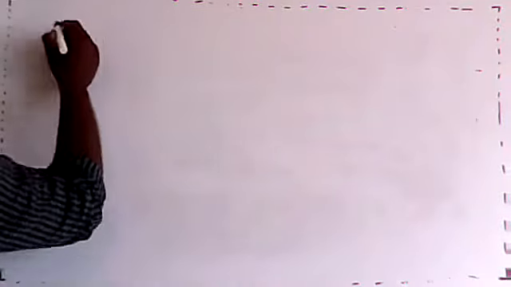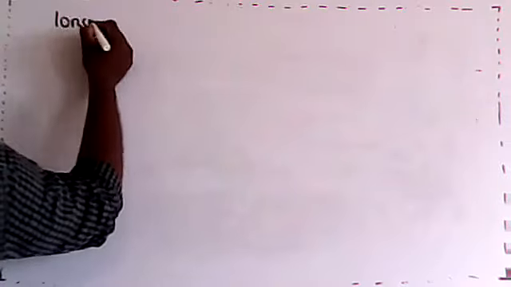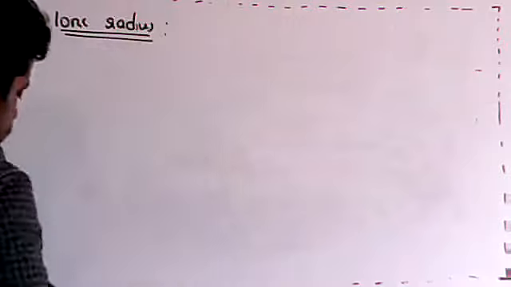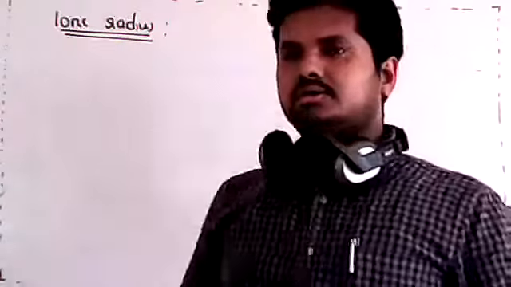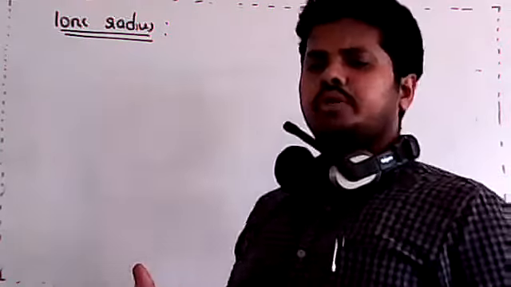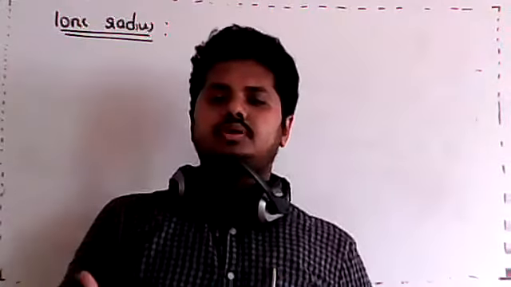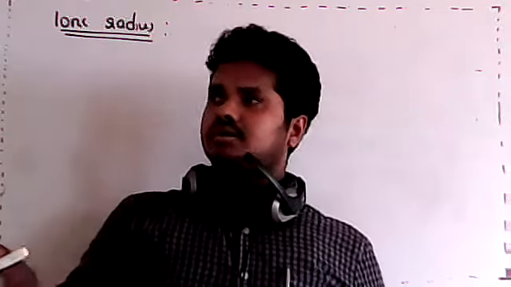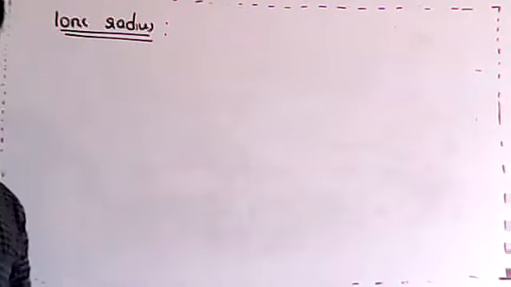Now let's understand, dear students, about ionic radius. Let's understand what ionic radius is and how the variation is observed. Here the ionic radius does not vary that much along the period or down the group. So mainly, dear students, we will understand the ionic radius. What do you mean by ionic radius? First of all, I'll directly write the definition.